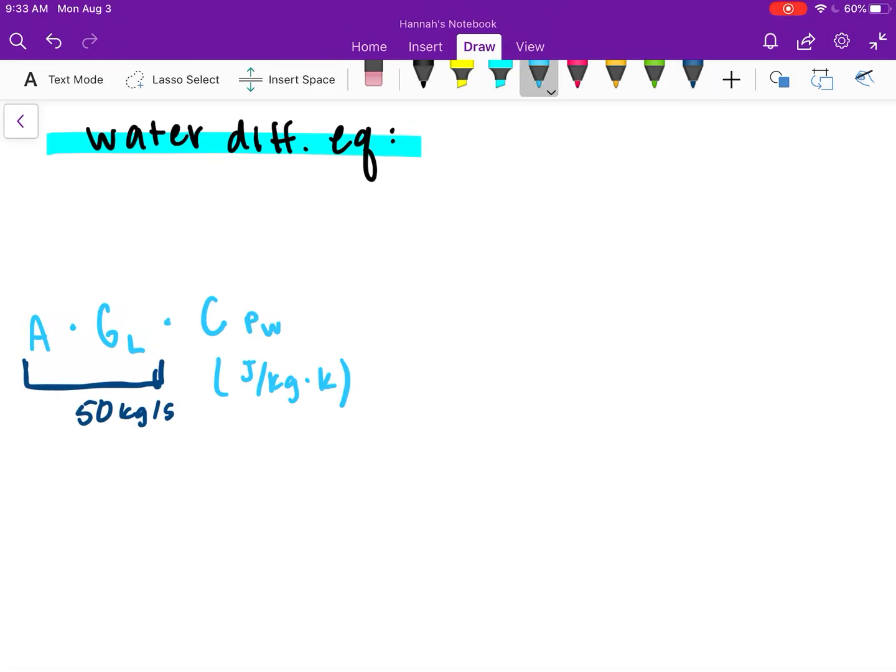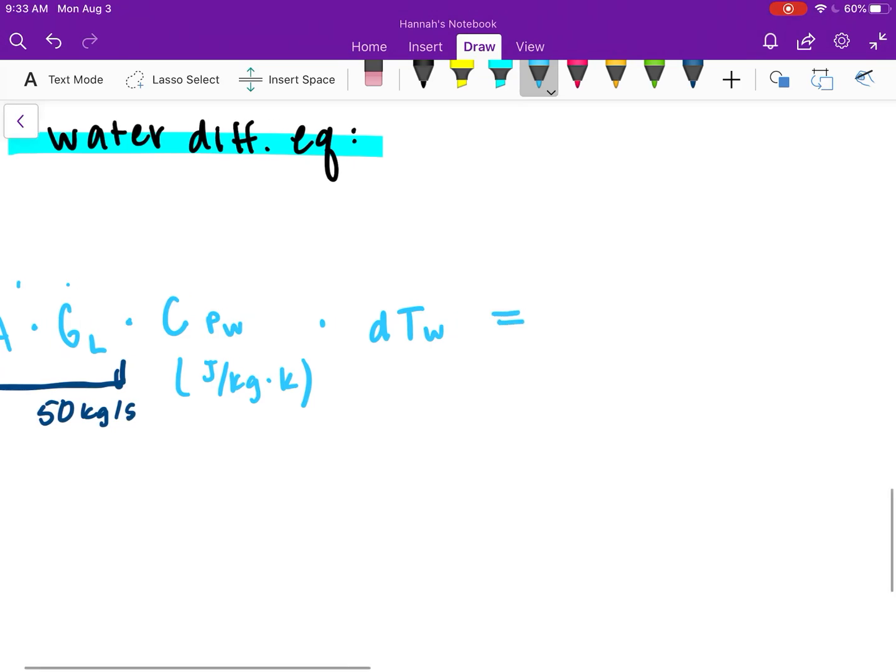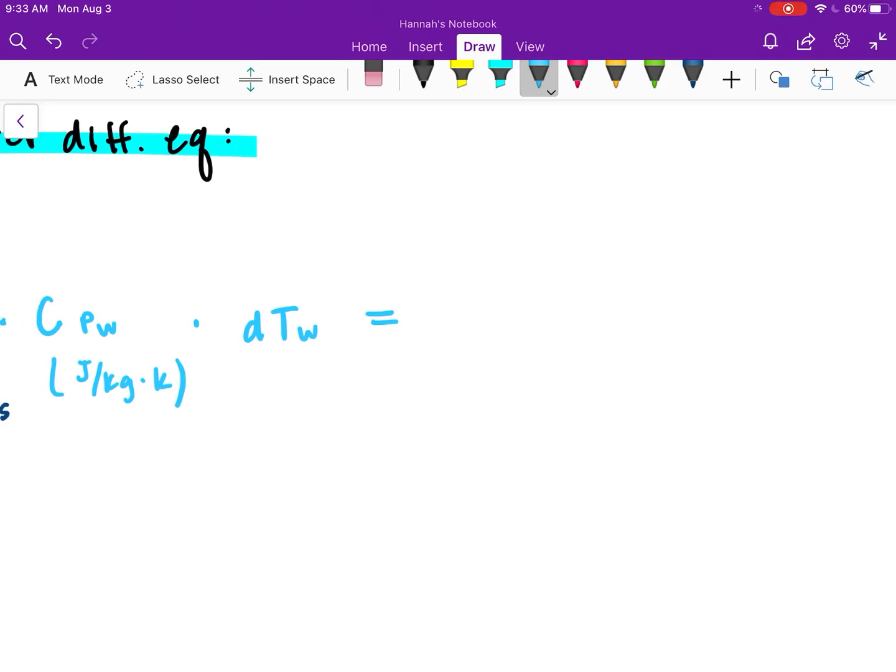But since we solved for GL, you can just multiply it back against the area and get the flow rate that was given in the problem. Next, we're going to multiply that all by the enthalpy change, which is just the change in the temperature of the water. And that is going to be equal to the cross-sectional area